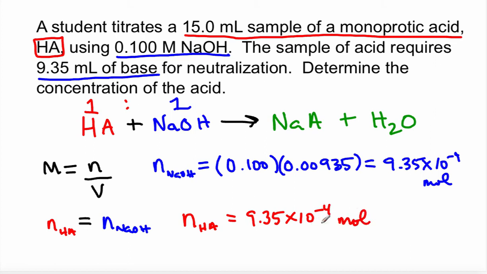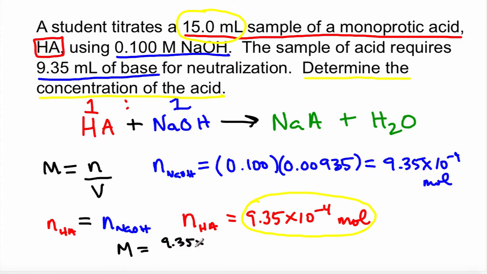Now we're almost done with the problem because remember the problem asks us to determine the concentration of the acid. Now concentration means the molarity of the acid. So in order to do that, we have to remember that molarity is defined as moles per volume in liters. So we're going to take our amount of acid in moles and also take into account this volume of the acid sample and just take a ratio between them. And then we'll be done with this problem. So our final answer just becomes